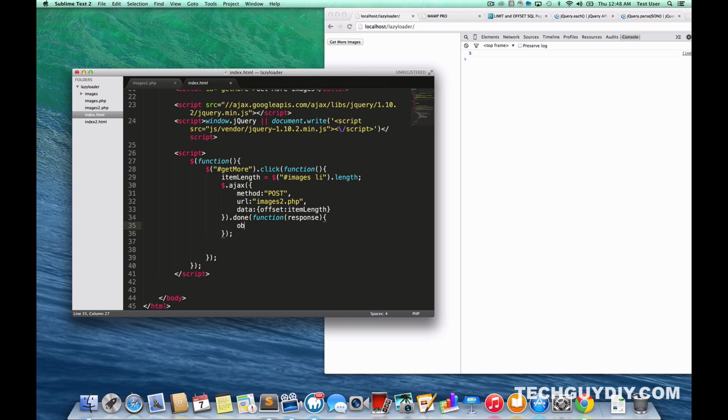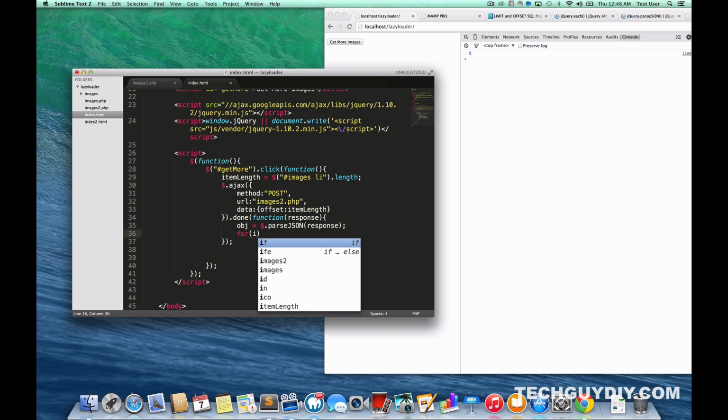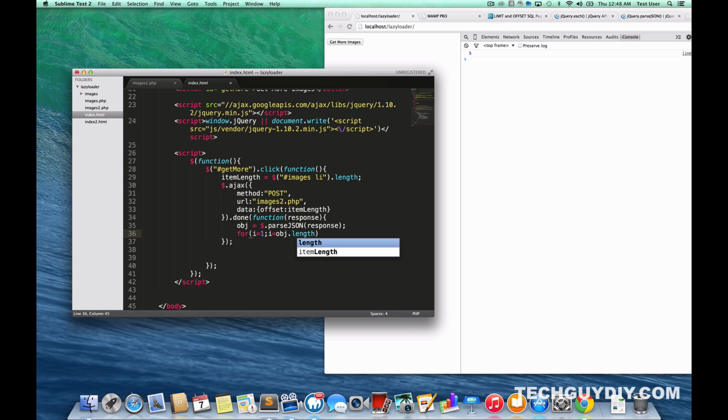Okay, so what we gotta do now is we need to do object is equal to $sign parse JSON response. And we're gonna do for i is equal to 1 while i is less than object.length, i plus plus. I think this actually has to be 0, since arrays are 0 based. Okay. So then we're going to say for each one,